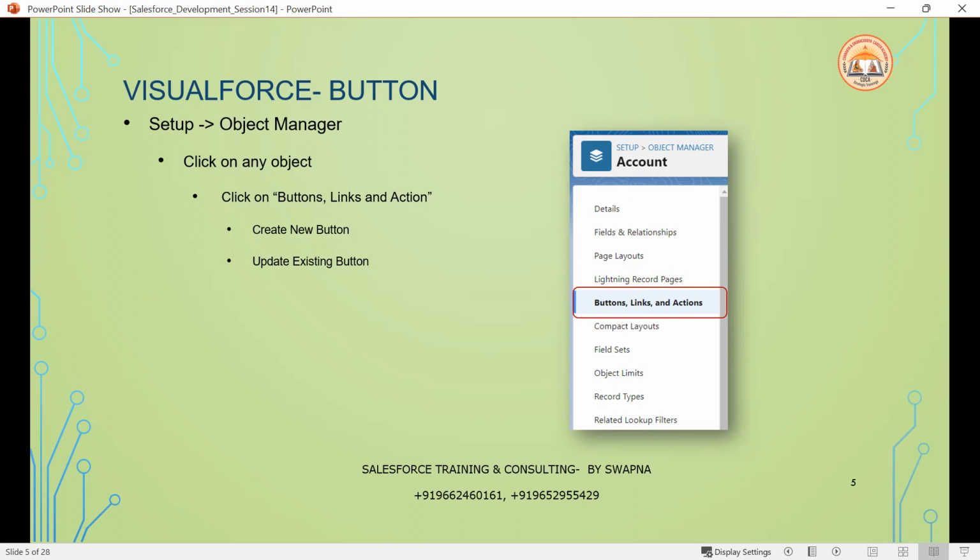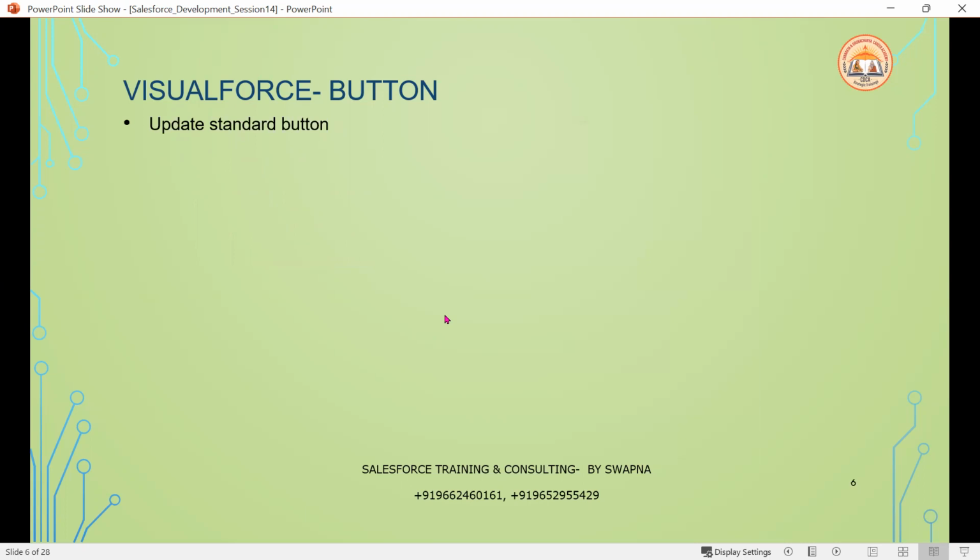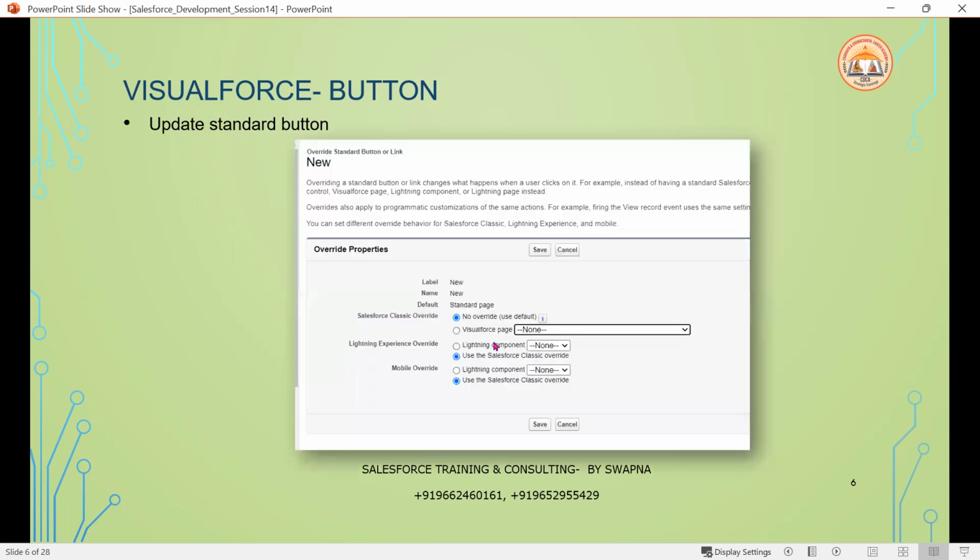So buttons will be of 2 types. One is you can create a new button. The second one is updating the existing button. Before creating a new button, first we will see updating the standard button. Let's take an example of new. If I click on the new button,